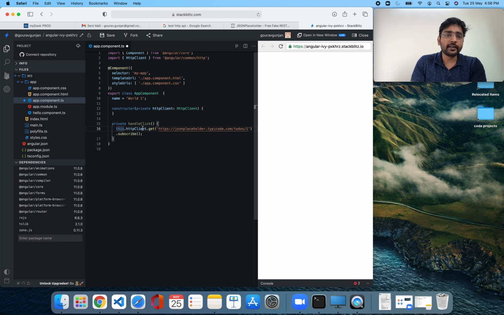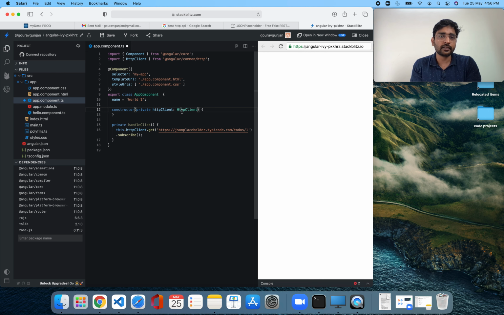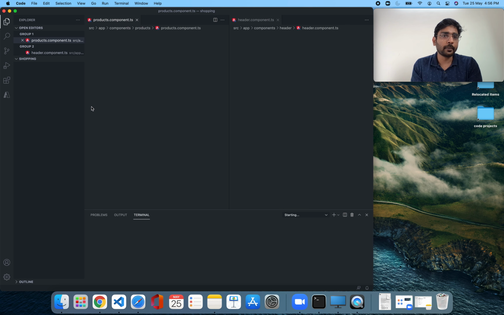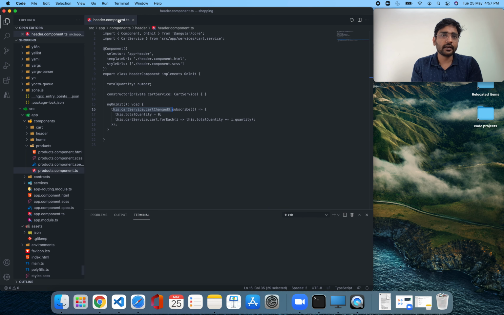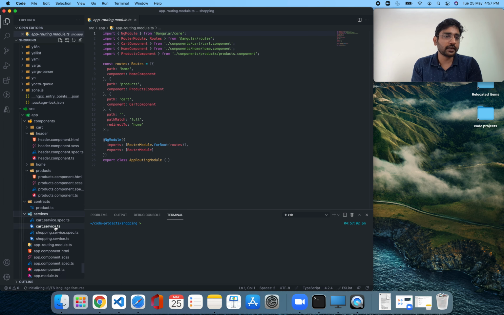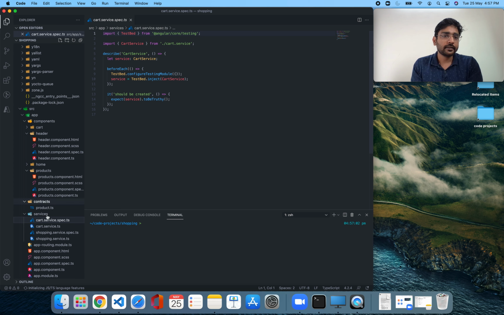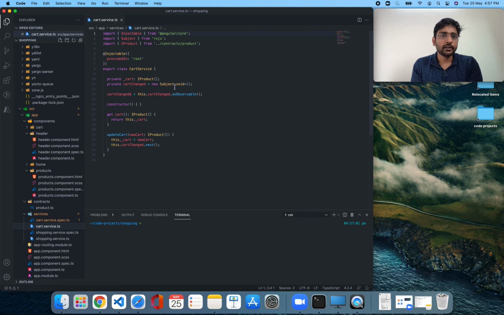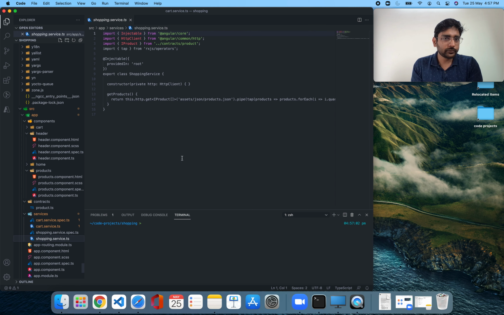Now HTTP client is provided by Angular. We are doing one kind of operation on that. If you go inside this HTTP client, I don't think you can go inside in here, but let's open Visual Studio Code to see this example once again. So if you open any of these things and you go to HTTP client, we'll open a service which I already created some time back. So just a second.